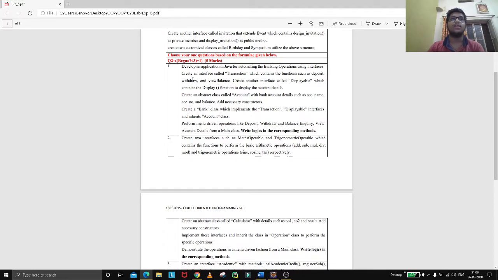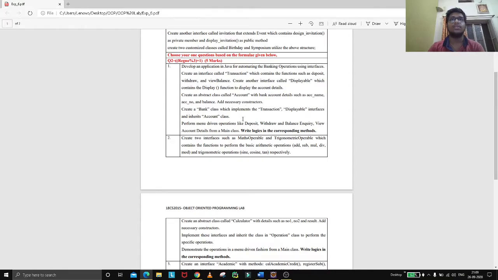We need to create an interface called transaction with functions deposit, withdraw, and view balance, and create another interface called displayable with a display function. We can also create an abstract class called account, which holds details such as account name, account number and balance, and add the necessary constructors.